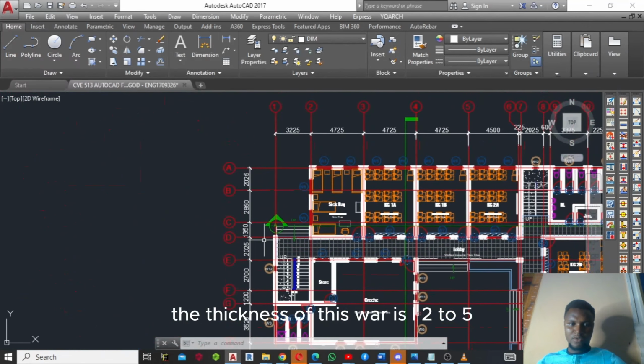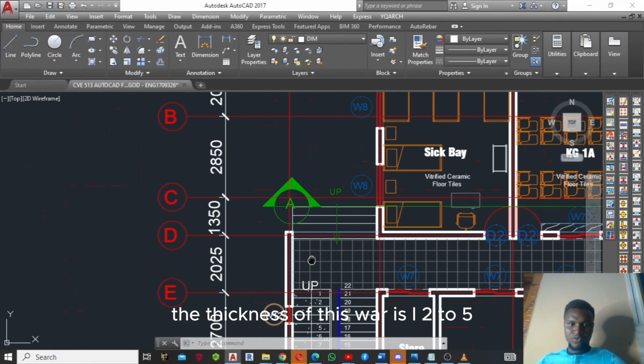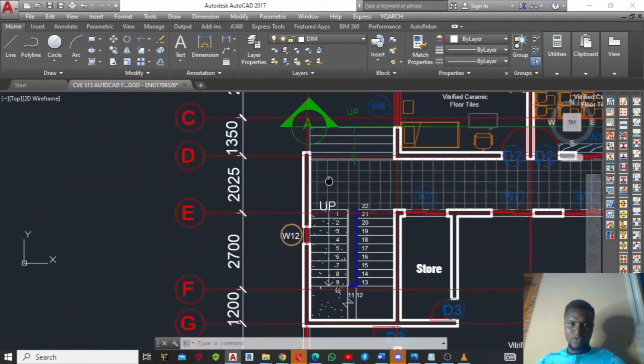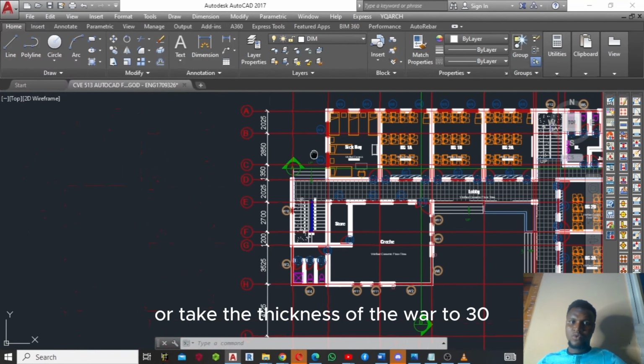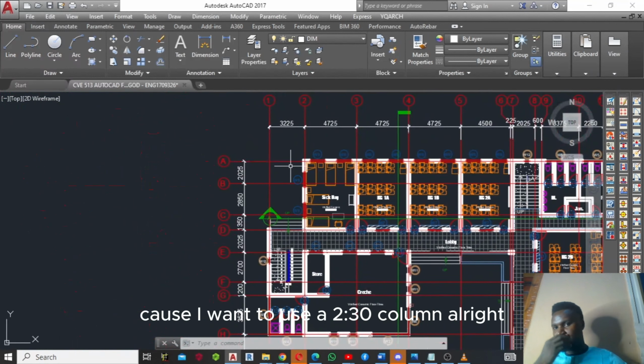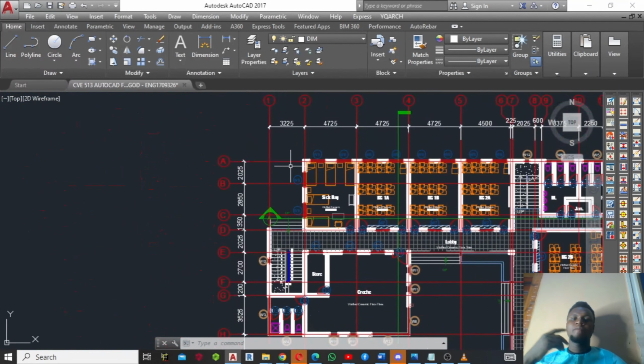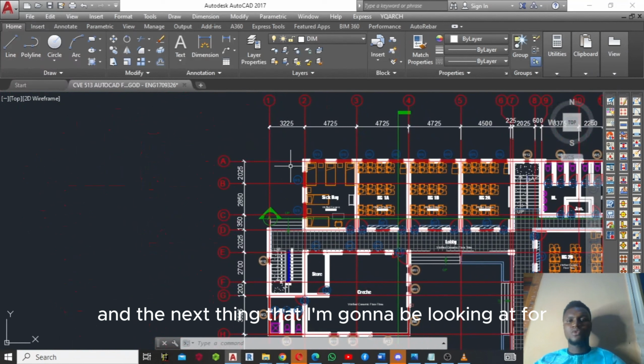I think the thickness of this wall is 225. Let's take it as 230. I'll take the thickness of the wall to be 230 because I want to use a 230 column. All right. Then the next thing I'm going to be looking at will be